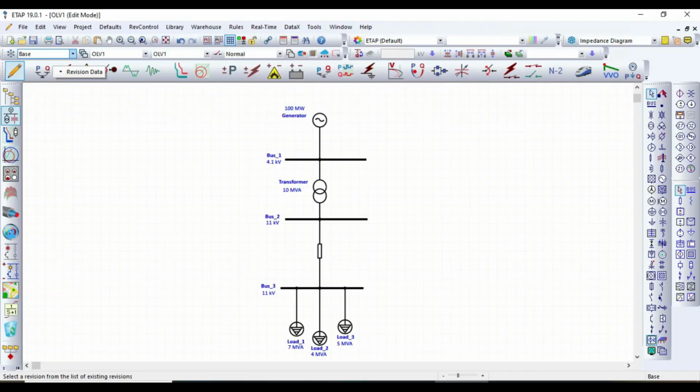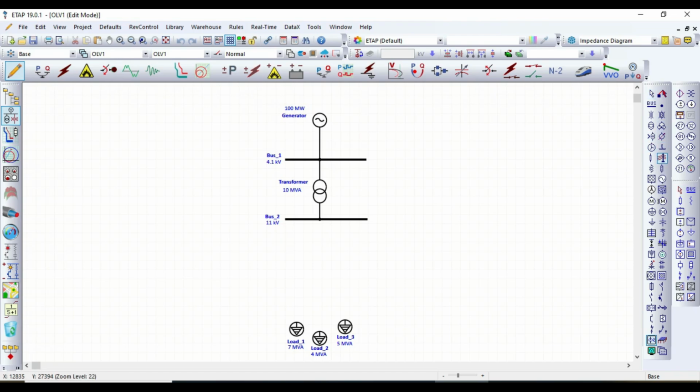Now that we have completed the single line diagram with 3 loads, we will move forward and design a single line diagram with 4 loads. Let's begin by adding the additional components and configuring the system to handle the 4th load. So firstly we delete this. Now from the components library we will select whatever elements are necessary for our diagram.